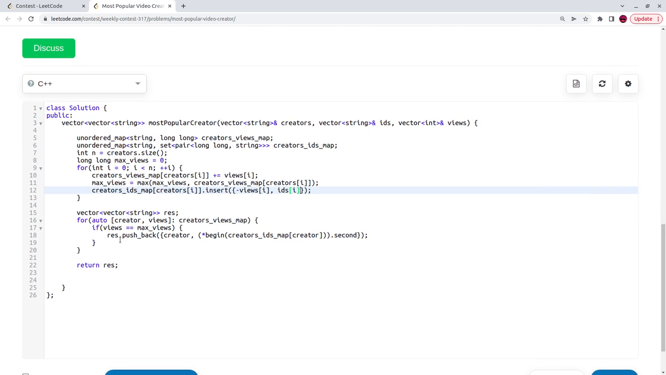And we need to loop over the creator views map. Now we know the max views. Every creator whose views equal the max, we need to push to our result. So result push the creator who has views equal to max views plus the first element in the set, because the first element